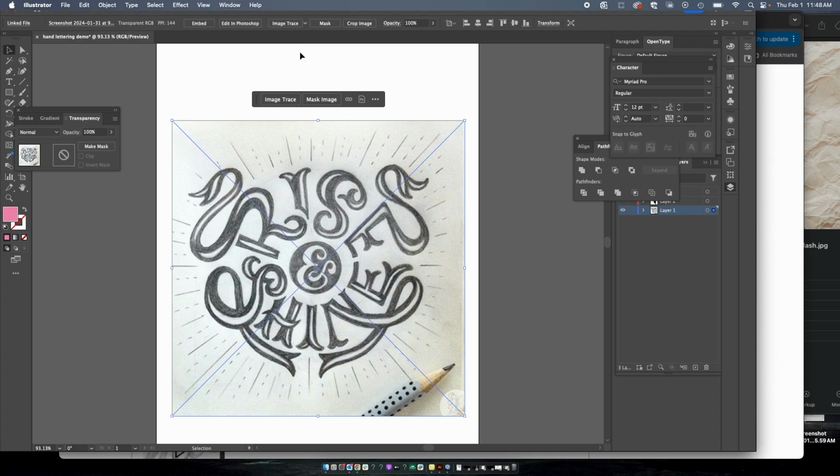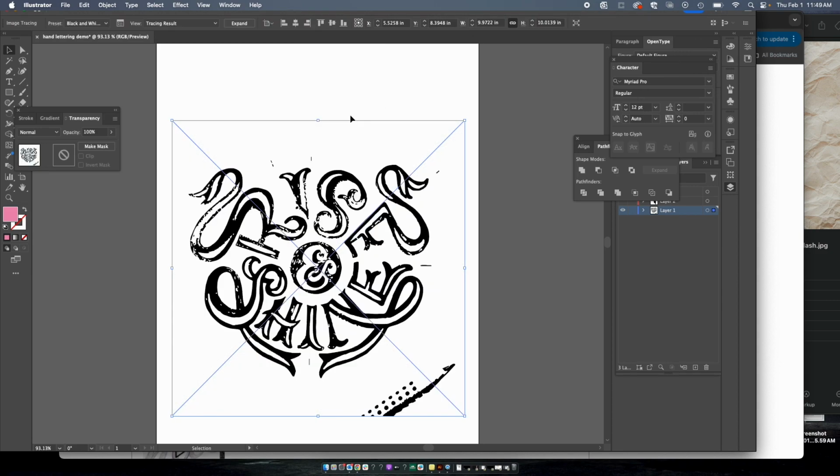But let's just go ahead and take a look at how it works. So if I click on the little drop-down menu here, there's some presets. Everything from high fidelity photo to using only 3 colors, or a black and white logo. Now actually, for the sake of this, we can even just do black and white. So if I click on that,